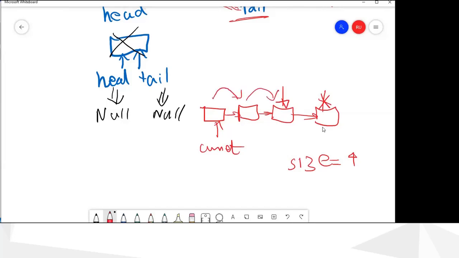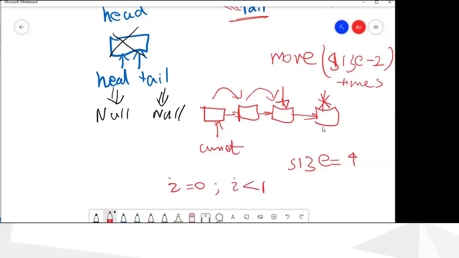So size is 4, so you have to move size minus 2 times. That means the for loop should be i equals 0 to i less than size minus 2, i plus plus. So the for loop should be something like this.